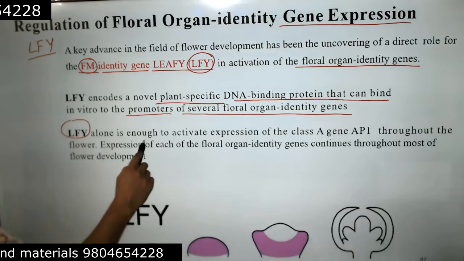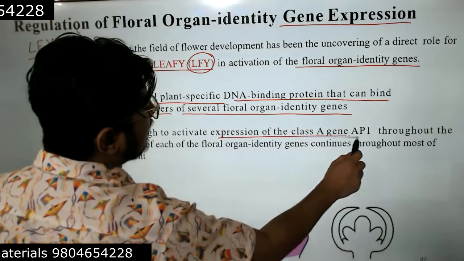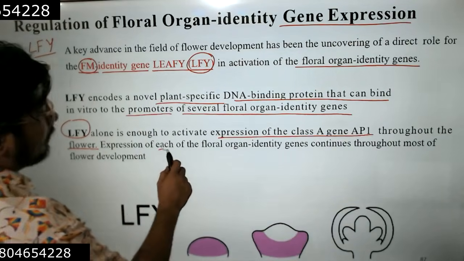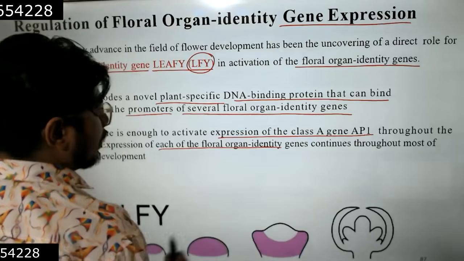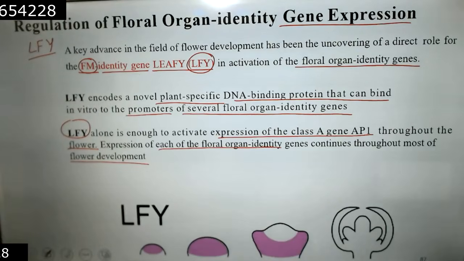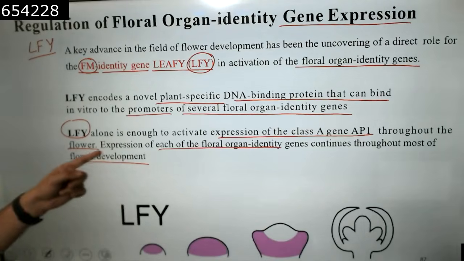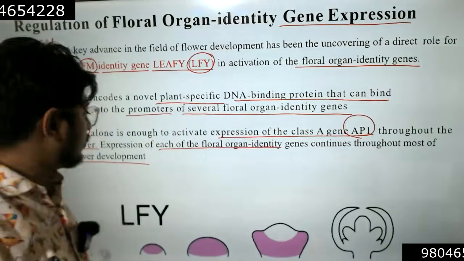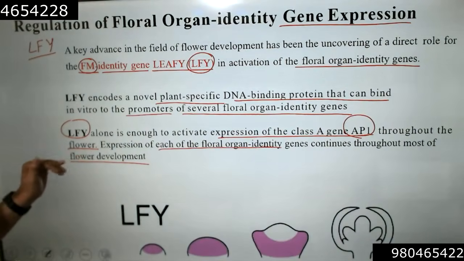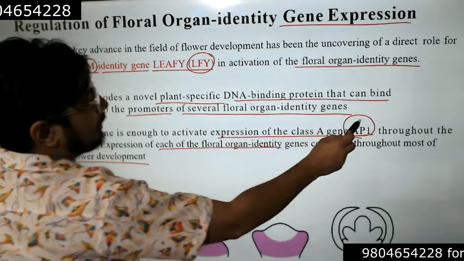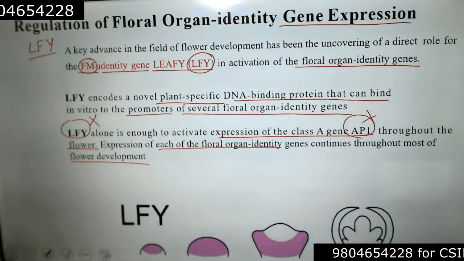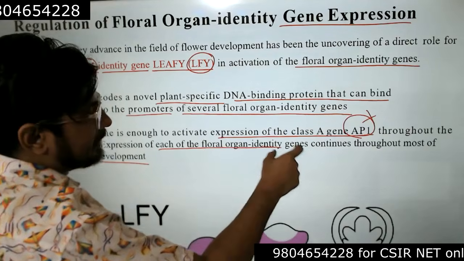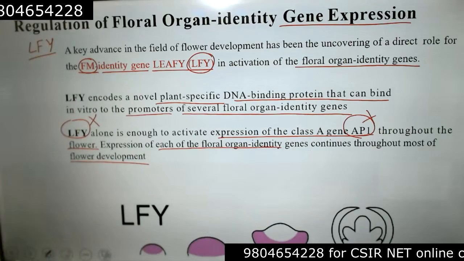LFY alone is enough to activate expression of the class A gene AP1 throughout the flower. Expression of each of the floral organ identity genes continues throughout most of flower development. So LFY alone is enough to activate expression of the class A gene, AP1 particularly, throughout the flower. So if LEAFY is not working, AP1 will not be working. Okay? And when expression of each of these floral organ identity genes is done, then the response will ultimately be